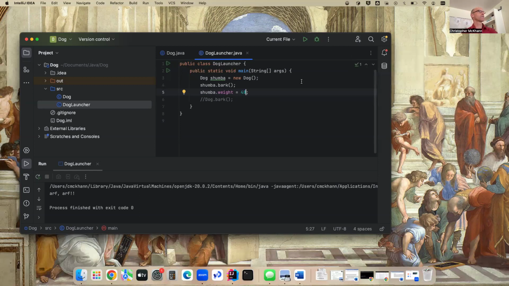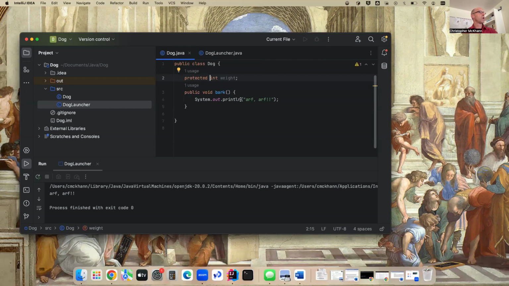This does not work the way I want it to. That's all right. Oh well. Weight is protected. Weight's protected. Right, but I could do if